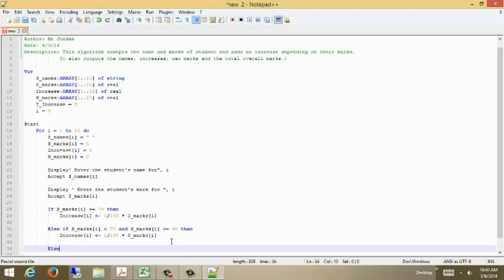Let's go again, else if S, I know some of you will probably copy and paste this. You can do that, it's shorter, it's quicker. But I'm just typing everything here. If S marks is less than this time 60, and S underscore marks, again, don't forget your index variable, is more than or equal, is more than, not equal this time, 50, then